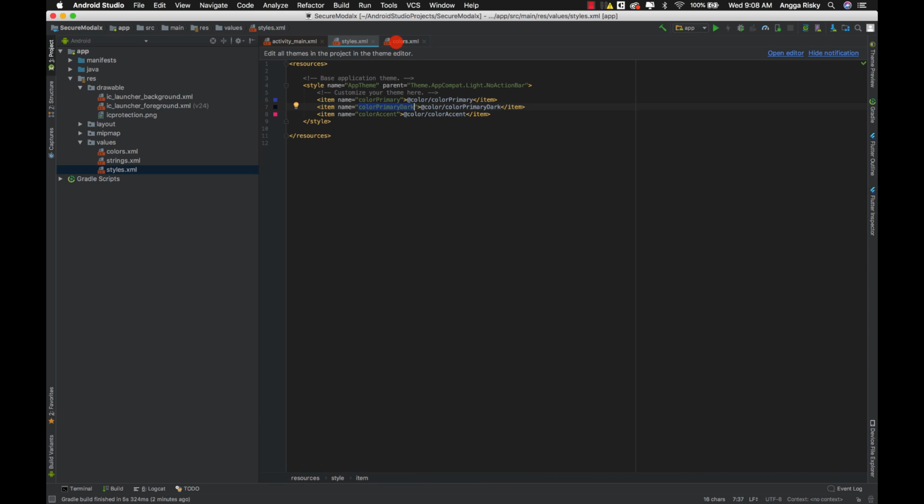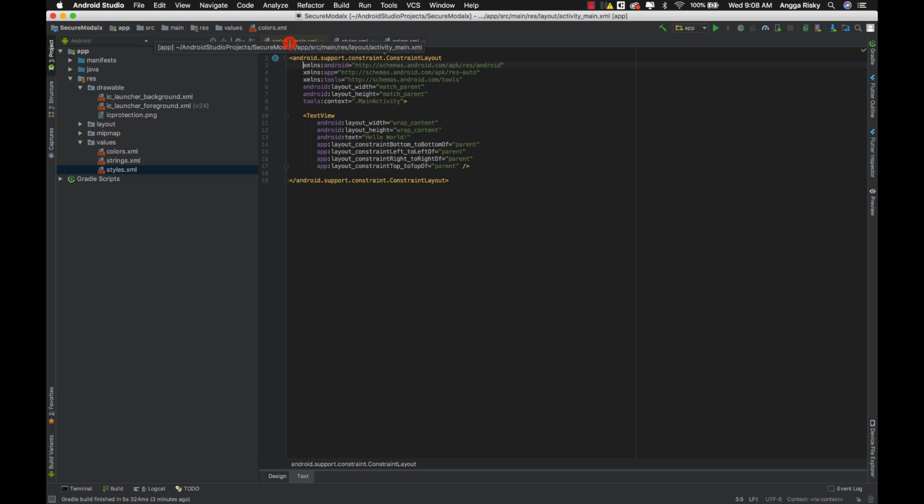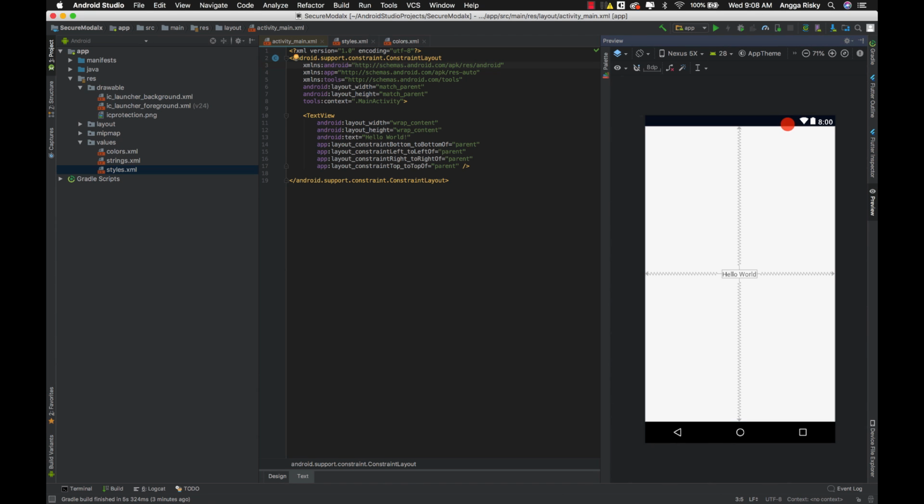Okay, undo. The status bar is the same. I don't know why this happens. Never mind. For this text, I have to change it to verify account.